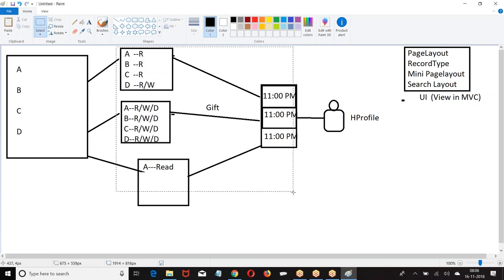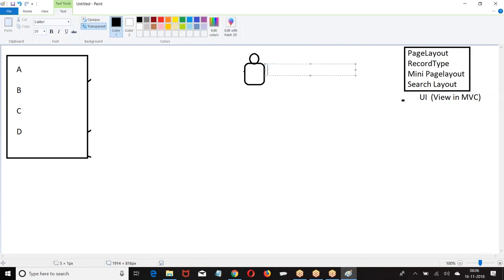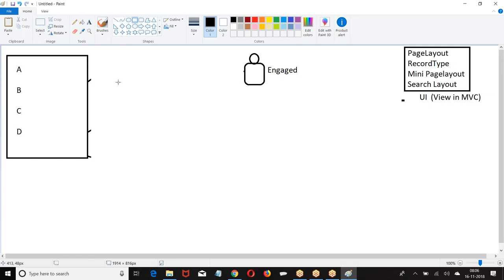Now, let us take the next one. What was that? Many page layouts. Now, look at this guy. This guy has a profile engaged, not a married boss, only engaged.